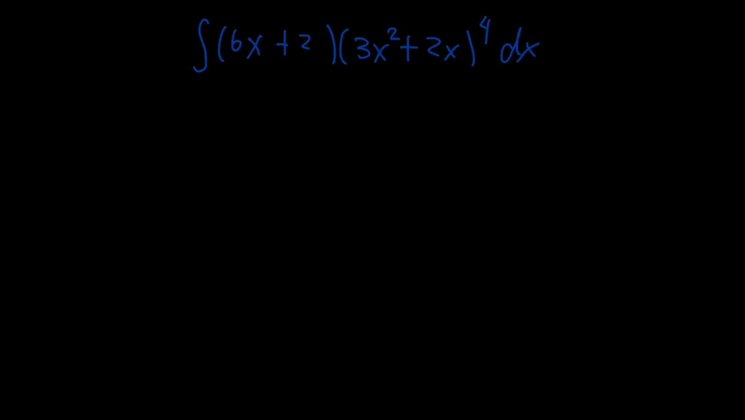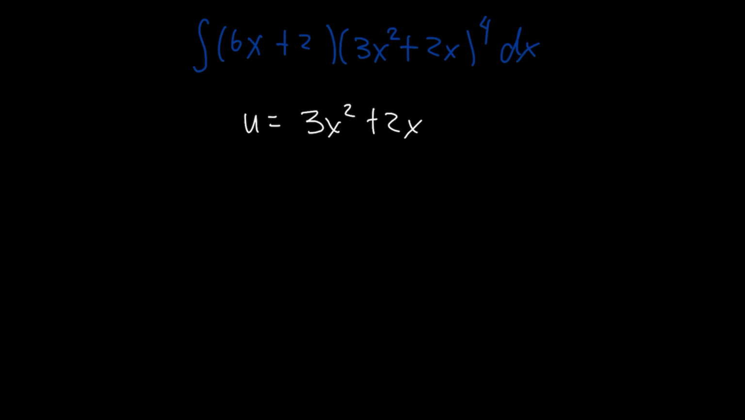So for today's video, we're going to solve an integral calculus problem that uses U-substitution. So the problem is the integral of (6x plus 2) times the quantity (3x squared plus 2x) raised to 4 dx. So we can notice here that if we're going to let u be equal to 3x squared plus 2x,